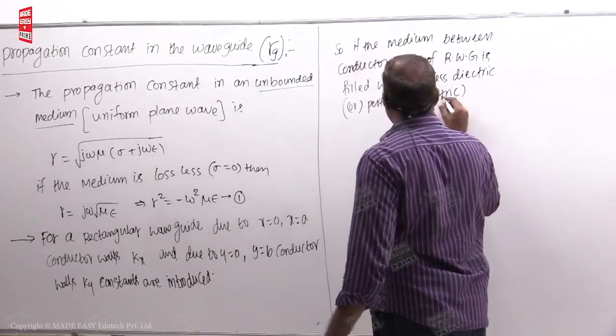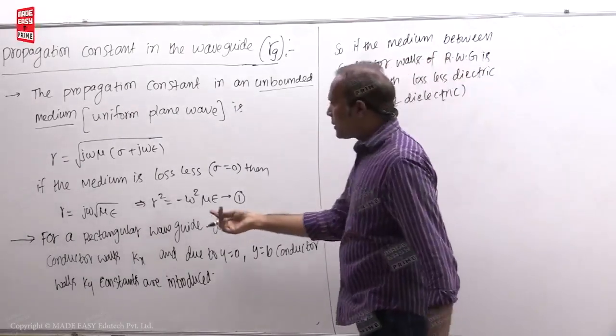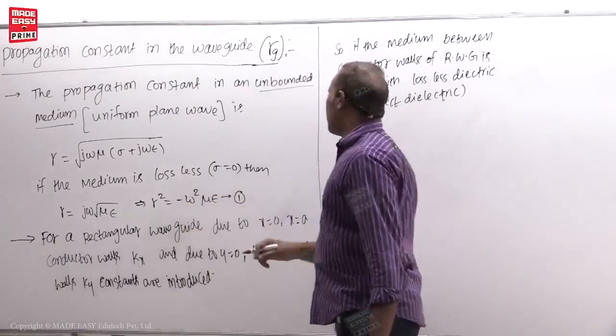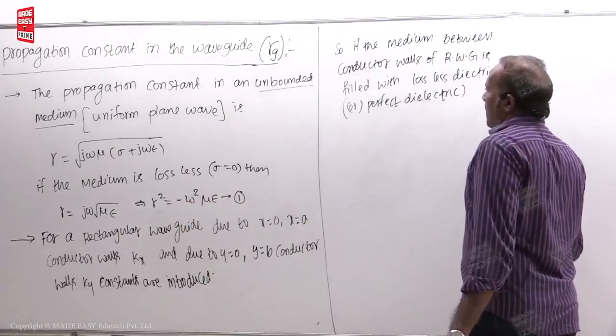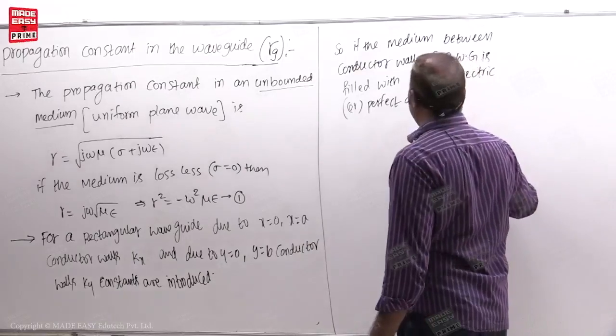Why am I saying lossless dielectric? You know, already we have written for the lossless case, we have written gamma square. That is why. With lossless dielectric,